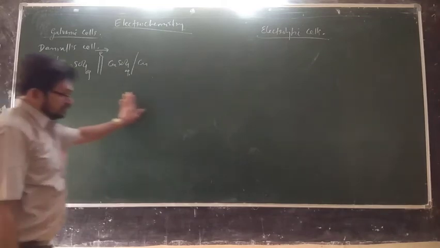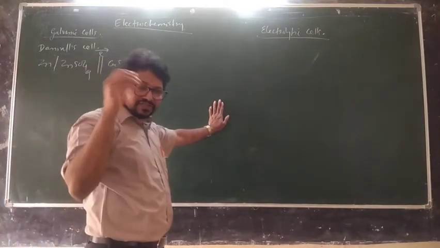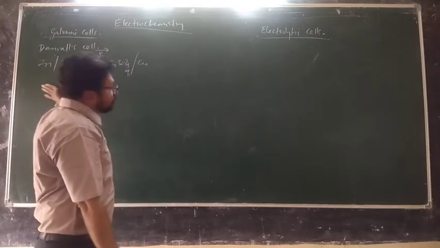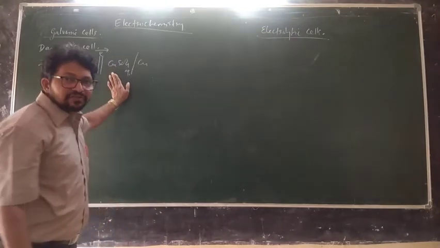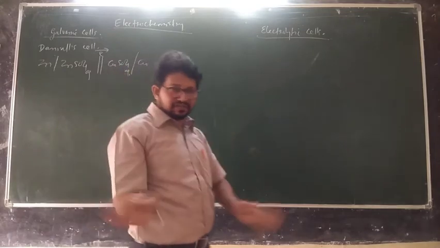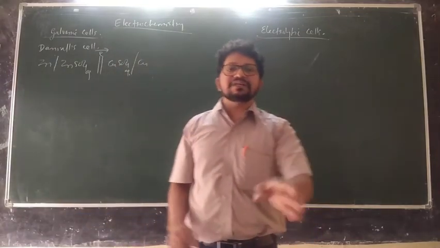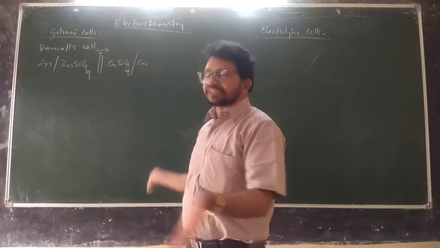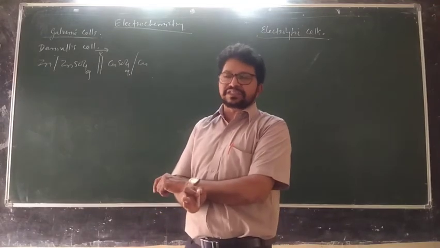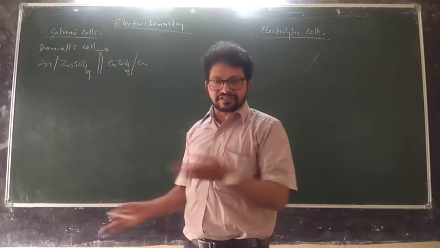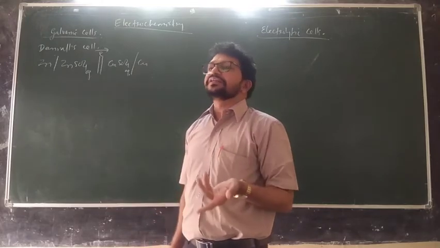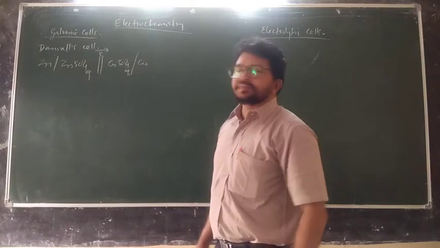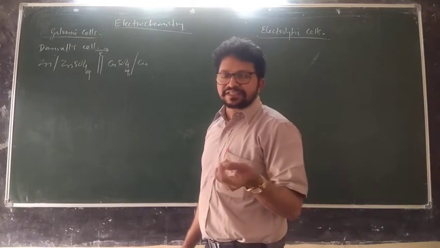See, for the reaction at the anode, the left hand side is anode, the right hand side is cathode. Anode always undergoes oxidation, cathode always undergoes reduction. So you have to separately write the anodic and cathodic reaction, balance the electrons, and write the overall reaction by adding the equations.